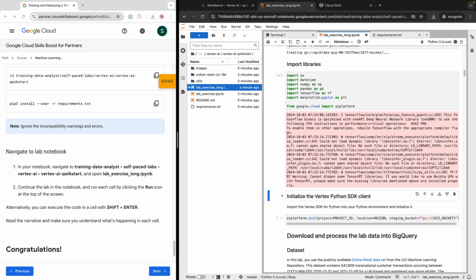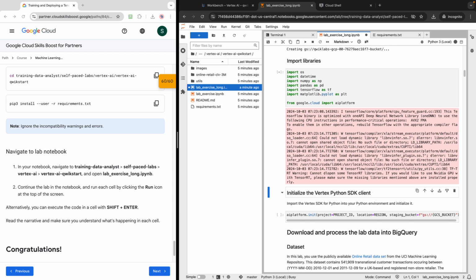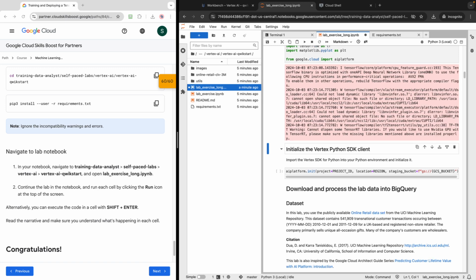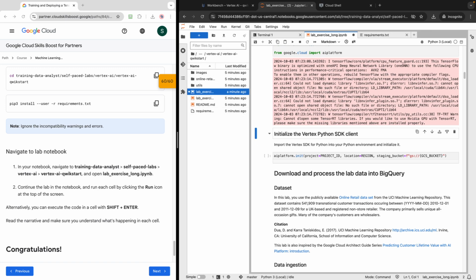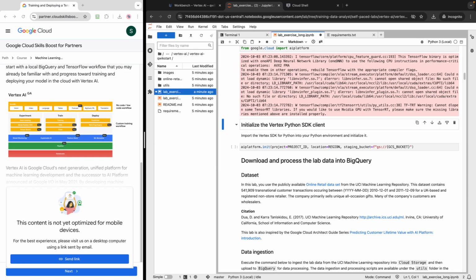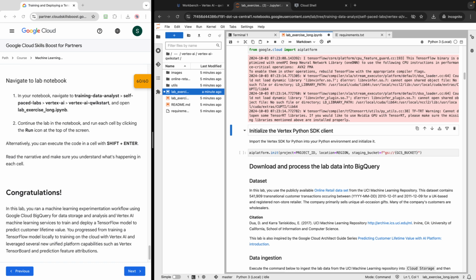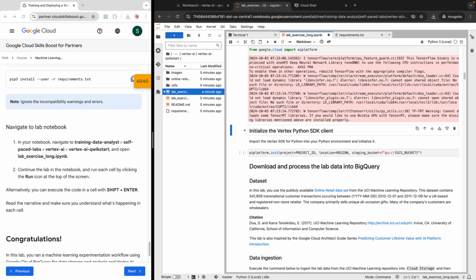We can ignore the warning. That should be fine. This step is also done. Next, maybe I'll minimize this area, and also this area. We are almost completing it. So this is what we are doing. Now we are setting the AI platform to initialize the Vertex SDK for Python with the project ID, region, and